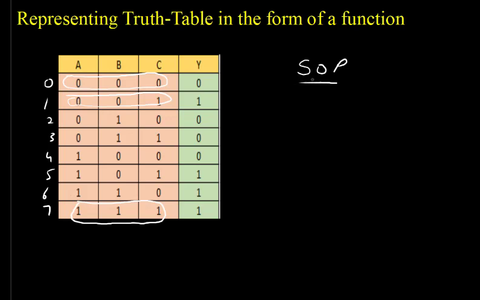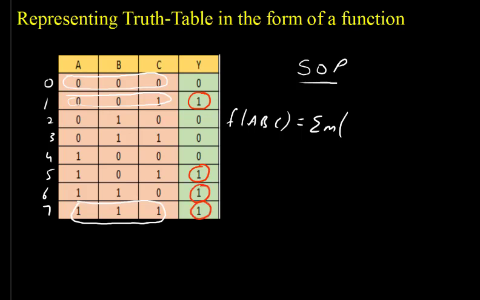Now for SOP we write the function as f of ABC, because it is a 3 variable, equal to sigma small m, because it is a min term. So for SOP we take the small m, that is called the min terms. Now what are the min terms in this case? Whatever output is 1 is the corresponding min term. So we have a min term here, this is another min term, this is second, third, and fourth. These are the 4 min terms.